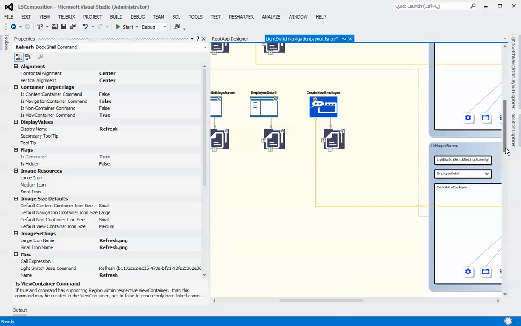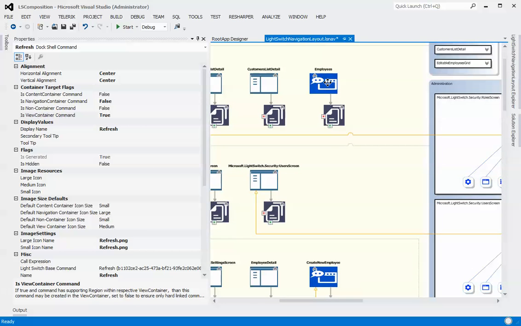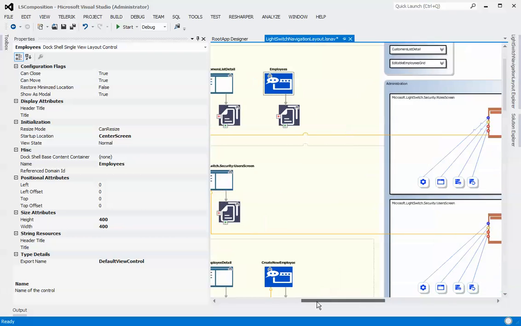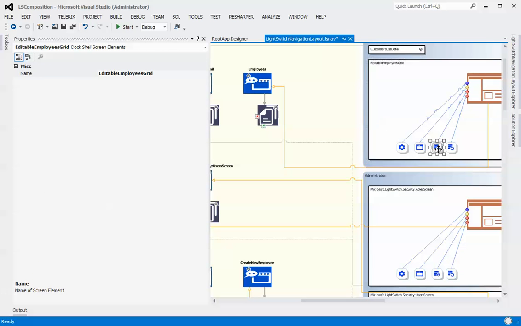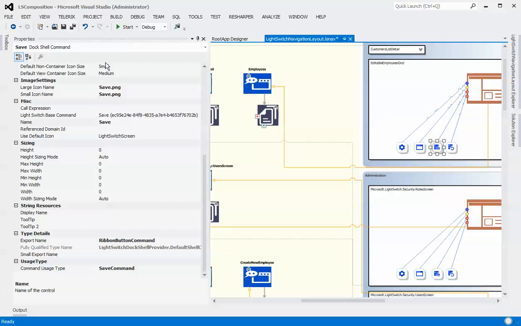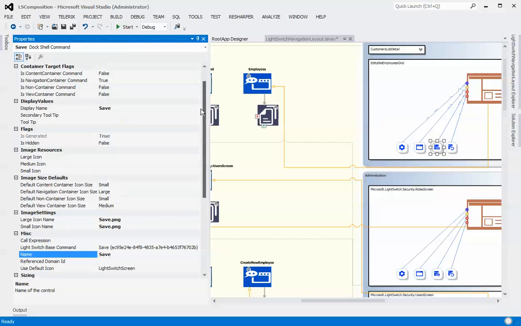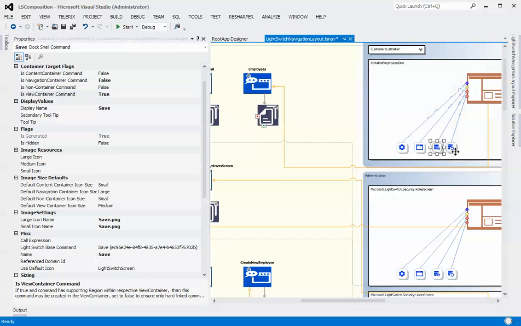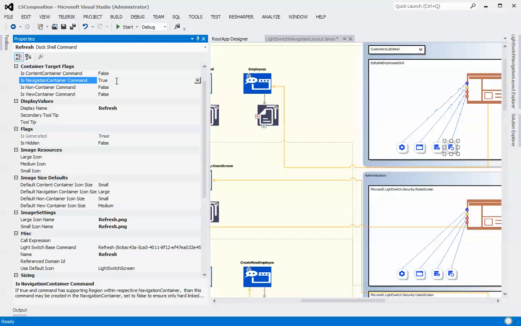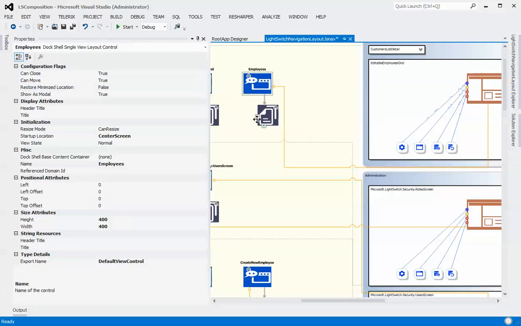In fact, we might as well do that on our employee screen since we didn't do that earlier, so that we have those also surfacing there. And we're going to change a few things here because this is Modal. It makes no sense that we actually render the Modal screen with the command, so we'll take those off as well, and we'll make them part of that scenario as well. So it's the same sort of approach. Whoops, I got that one. It already was set. There we go. So there we go. We got our refresh button now,